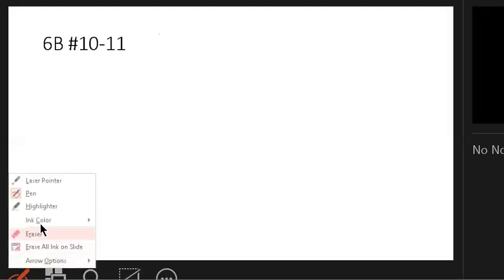Right, the last one that we did is 6b, number 10 and 11. So here we're not given a word problem, we're just given the equation. Whoops. Let me go back. All right. Okay, we're just given the equation of,